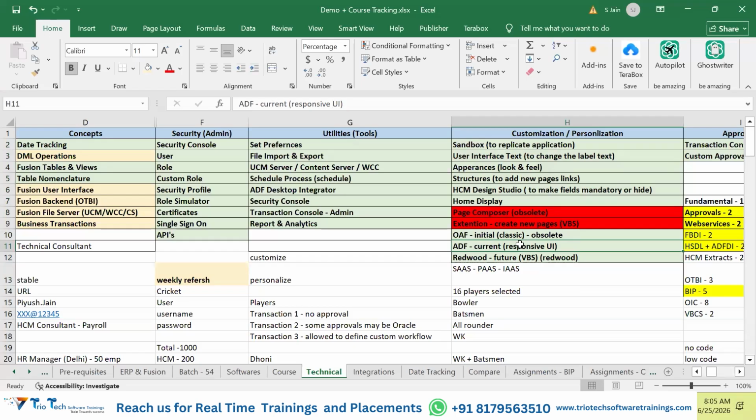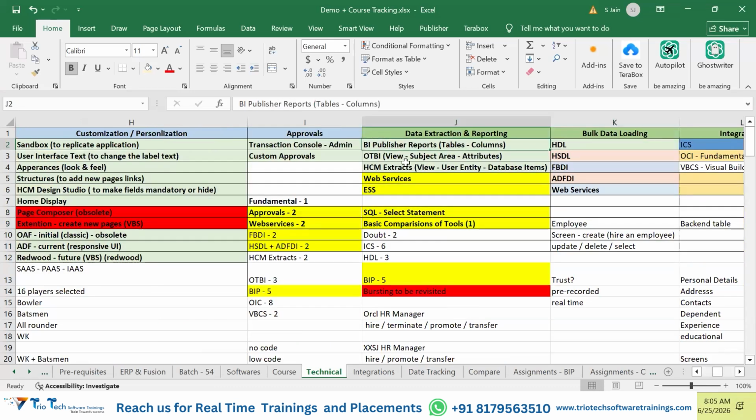Yes, clear. In addition, guys, today we have discussed and seen how to access this UCM server, and how to access our reports and analytics. We take the URL and add a keyword called, which keyword? Analytics. That's how we should be able to access these particular utilities. Each of these utilities has certain work portions that we will learn from the technical perspective. All these tools and techniques will be used in that software only.